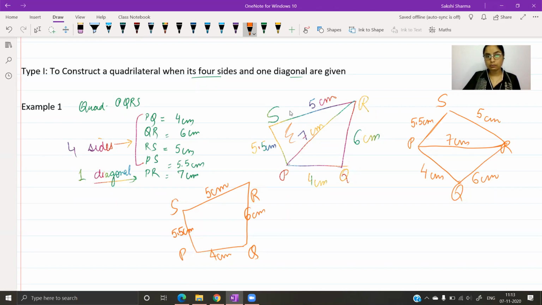Once you've labeled it, there is one more part, PR. PR is the diagonal. तो diagonal draw करके भी आप labeling कर सकते हो इसकी. तो ये rough sketch बन गया. आप चाहो तो construction इसी तरह से कर सकते हो. You can just start this way, just like this, or you can change your quadrilateral this way. ये 2 options हैं आपके पास,